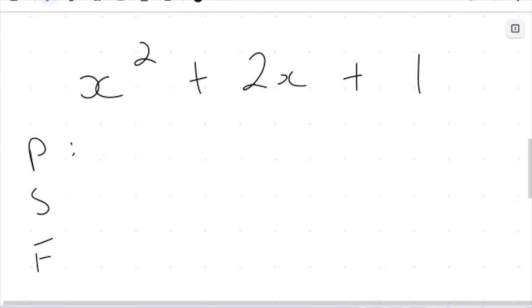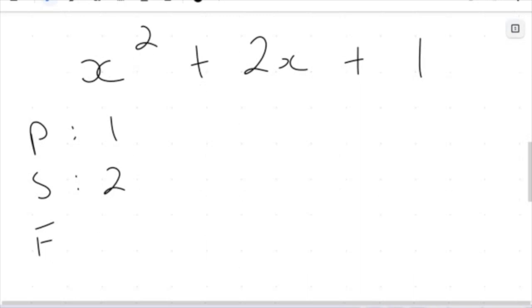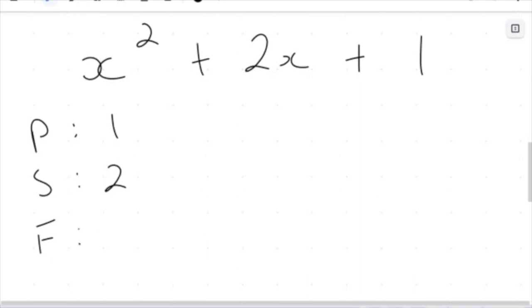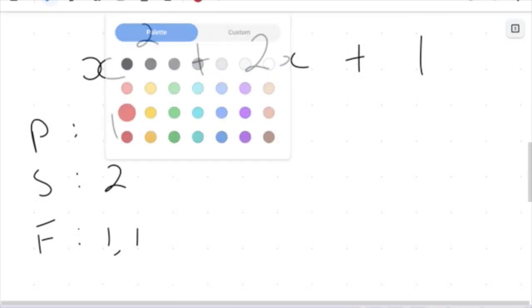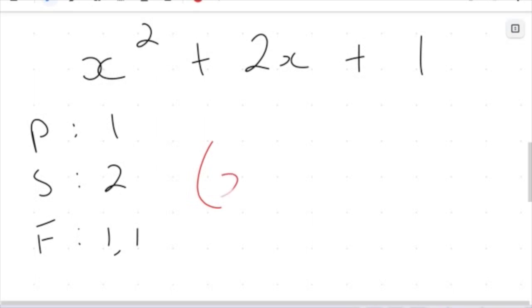I want two factors where the product is 1 and the sum is 2. So my factors are going to be 1 and 1, because 1 times 1 gives me 1, and 1 plus 1 gives me 2. So my quadratic is going to factorize to x plus 1,